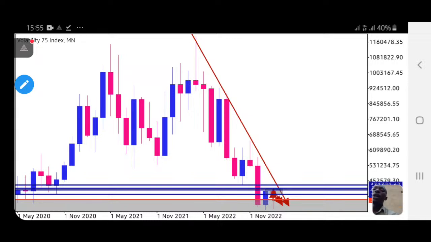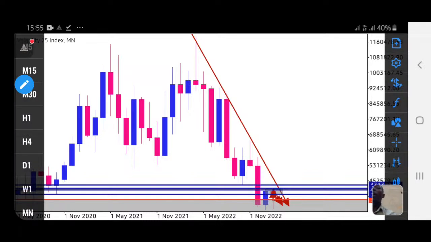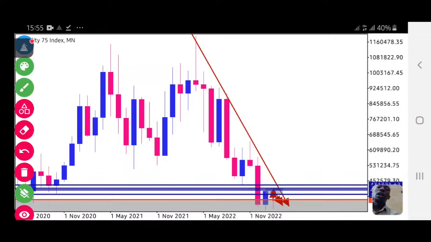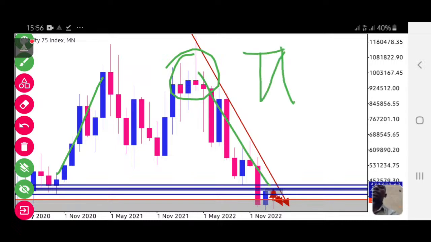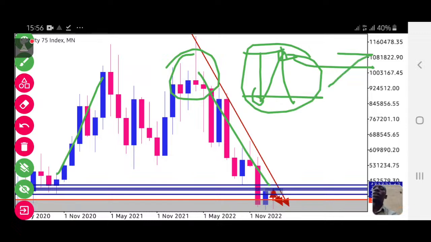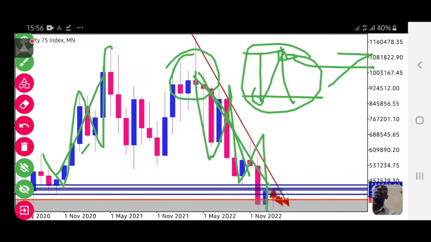In the trend we have three trends: a downtrend, a sideways trend, and an uptrend, guys. The uptrend is this one, this is the sideways trend around here, and this is the downtrend. In a sideways trend, the market is making equal highs and equal lows. In a downtrend, the market is making lower lows and lower highs. And in an uptrend, the market is always making higher highs and higher lows. That is what we call an uptrend, guys.